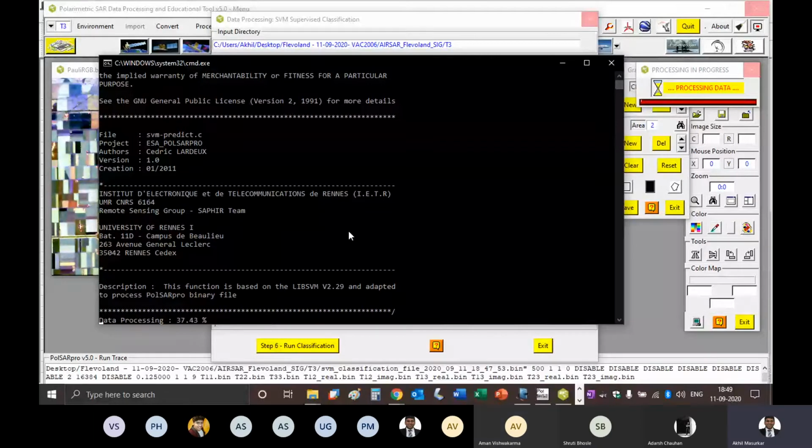Done. Exit. Now you go to display. Yes. Say create RGB file. Yes. And select poly and create the file. Okay. Done. And now you go again to process, segmentation, SVM, and now if you do the same thing, if you open the graphic editor, now you should be able to see the file.